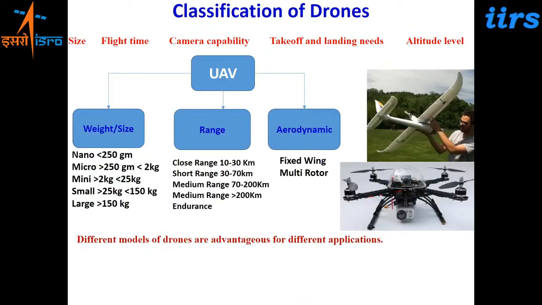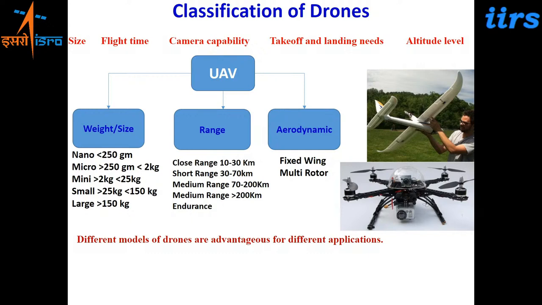Now, the drones, if I say so, are categorized based on their performance. Different categories or classifications of drones are there. They can be based on features including the weight, the wingspan, the wing loading, the range, the maximum altitude, speed, endurance, and production cost. These are various factors on which the different classifications of drones are based. But in India, we consider three major categories: weight, size, range, and aerodynamics, right?